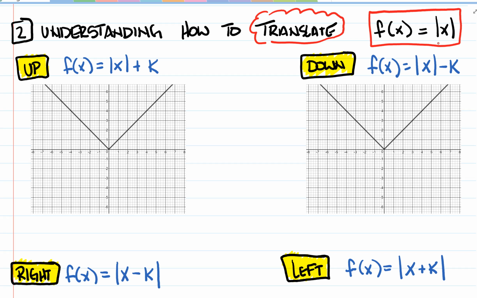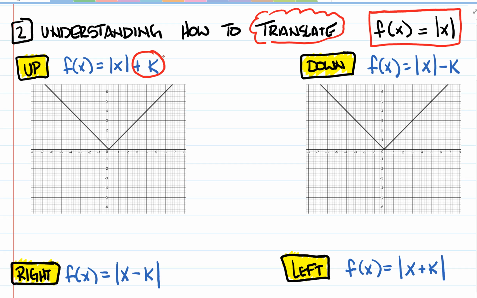Let's first talk about how to move the absolute value graph up. In all 4 of these boxes, I've given you the basic parent function laid out in black, and I'm going to talk about what this added value k does. If I take f(x) equals the absolute value of x, and then I add the number k,